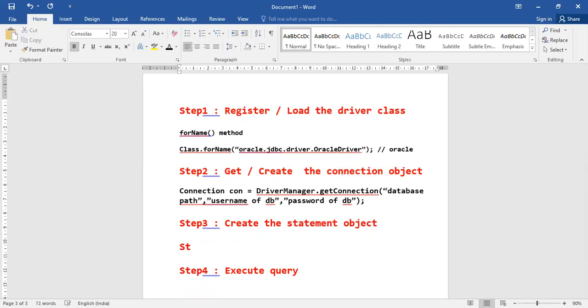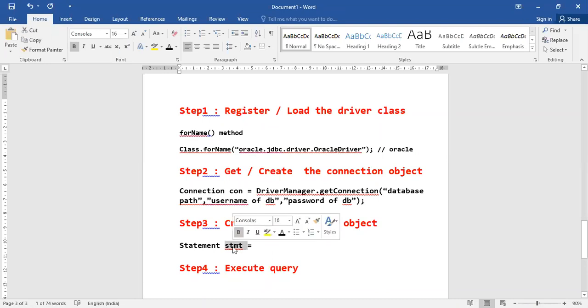Now to create a statement, you will write Statement. Statement is a class. I'll just make it smaller. I'll give an object, stmt, is equal to... Now you have to create a statement. Why do you create a statement? Very simple. You create a statement so that your query can be executed. Now, with whom should you create your statement? You should be creating a statement with this particular connection. So just copy paste this. You have to create a statement with this particular connection.